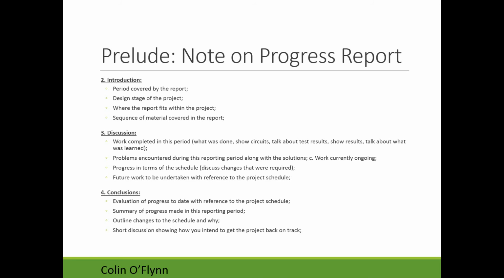And then you can conclude, very briefly, with how your progress has been made to the schedule, and summarize some of the progress made in this reporting period. An important part for the conclusions is that if something's going really afar, like you haven't got your robot moving at all yet, and it's almost the 1st of July, we should have got our robot moving, here's why: something broke, or we were concentrating on getting the sensors working, and here's what we're going to do to get the project back on track.